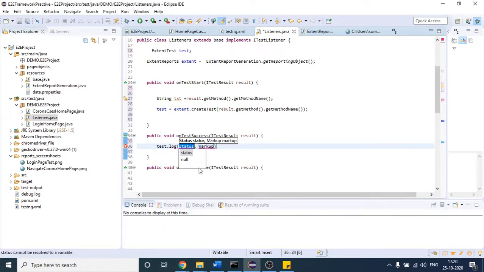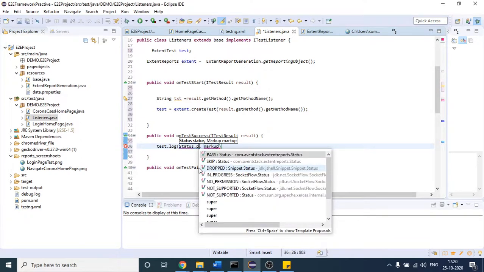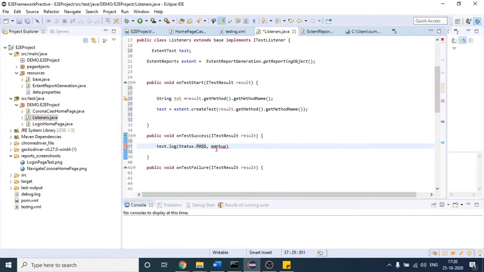Status dot pass, and you can give any comment, like test is passed successfully, whatever you want to say.